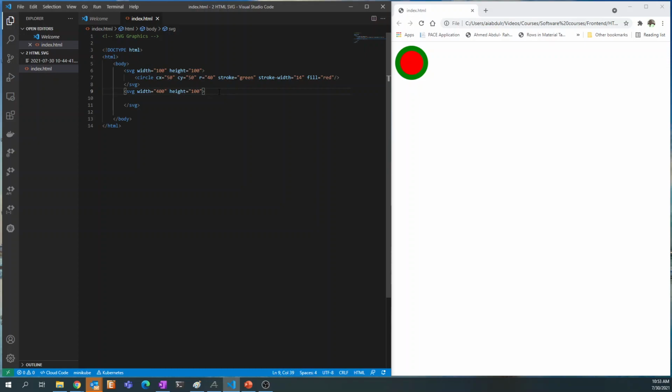And in this container, instead of having a circle, I'm gonna now create a rectangle, which is rect, and I'm gonna put a width. Should it have, yes, same width, say 400, same height of 100,